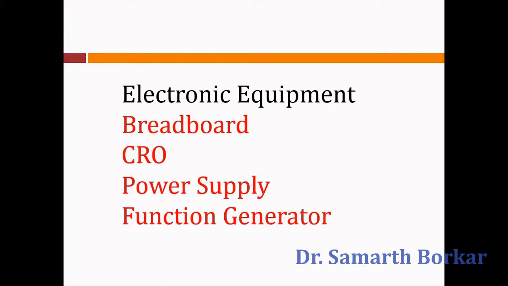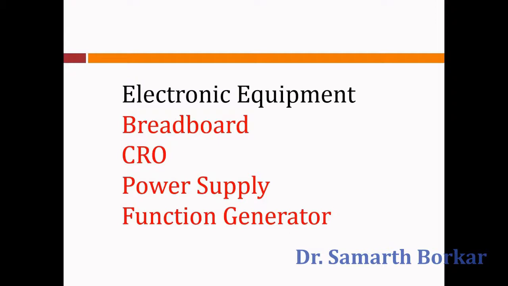There are two channels, all those things will be explained in the CRO part of it. Then power supply. In all these circuits, the transistor is an active device, it requires a separate power source, an excitation source. Normally we use a battery. Now here in this case we are going to use a power supply that we have in our laboratories. Using batteries is costly because they get drained out, so we go for an eliminator, that is a power supply.